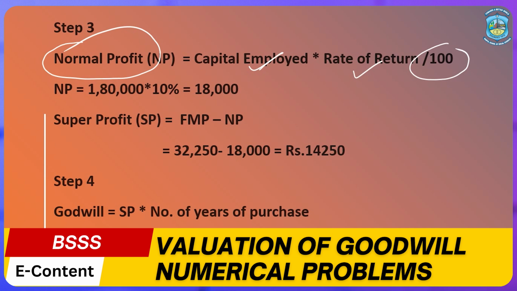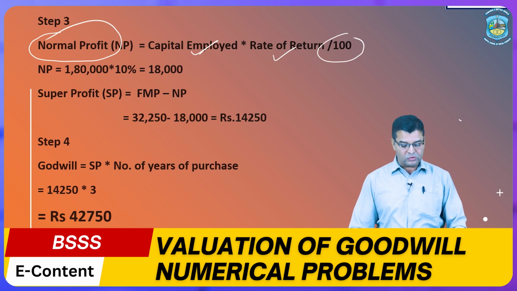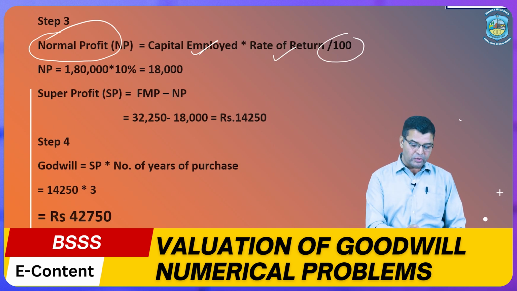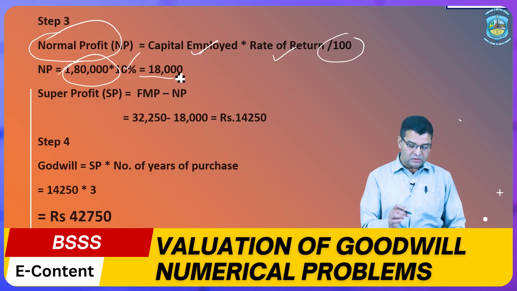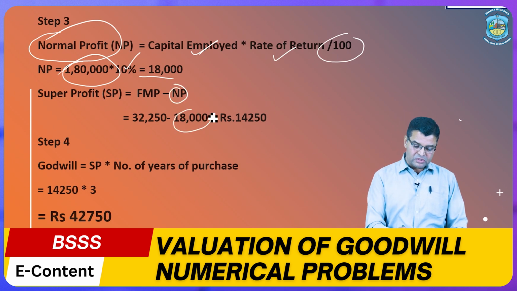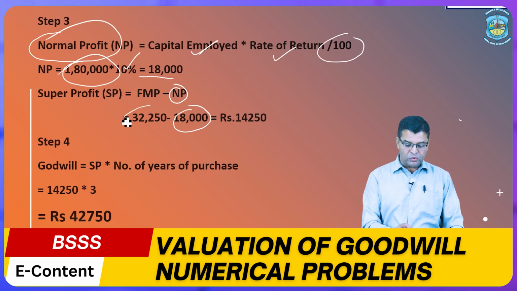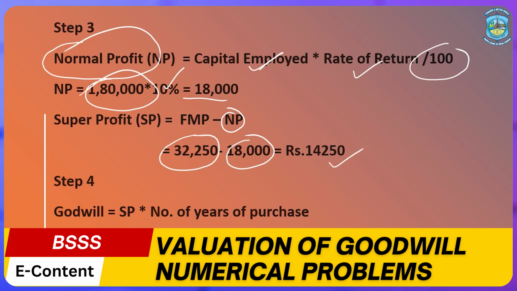According to step 3, normal profit has to be calculated, the formula of which is capital employed into rate of return divided by 100. Here the normal profit will be 1,80,000, its 10% will be 18,000, because 1,80,000 is the capital employed, which is already given in the question. The rate of return is 10%. So the normal profit will be 18,000. If we subtract this normal profit of rupees 18,000 from this FMP, that is the future maintainable profit of rupees 32,250, finally our super profit will come to